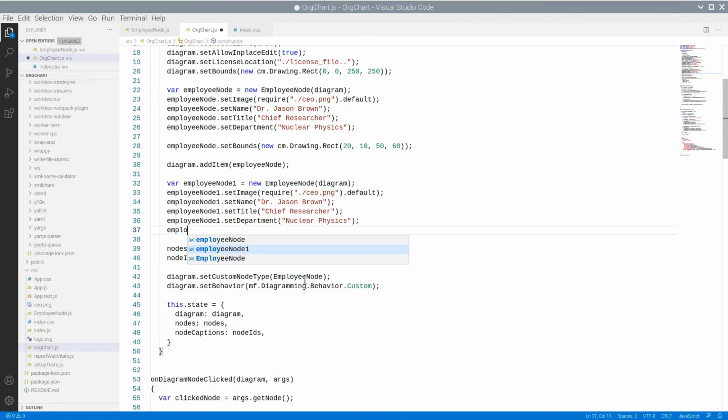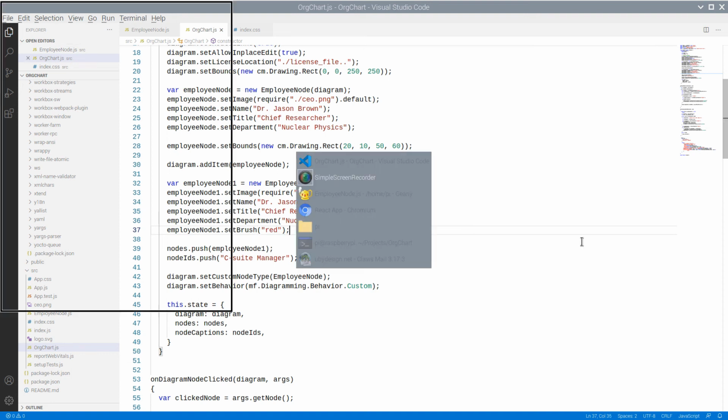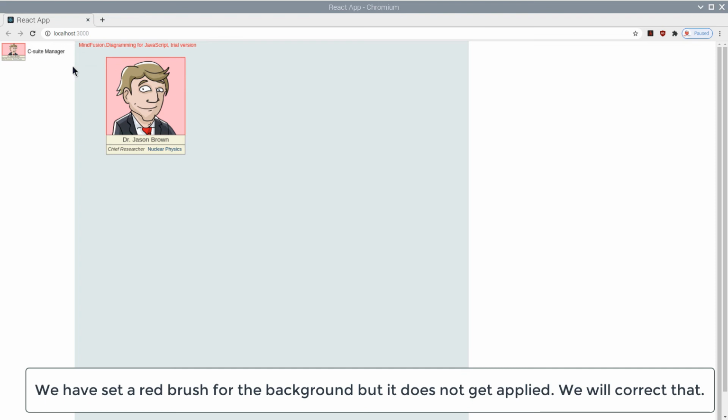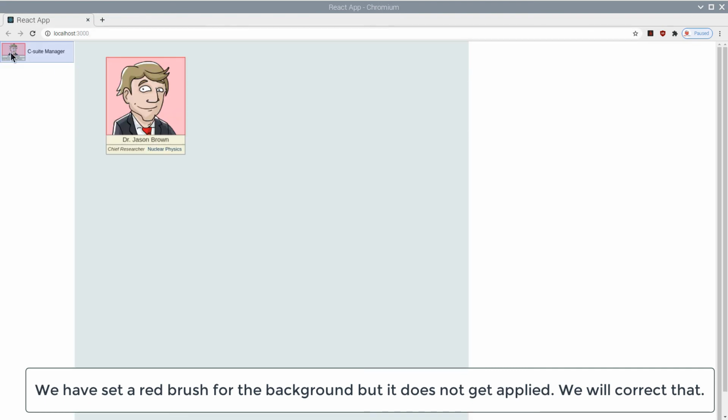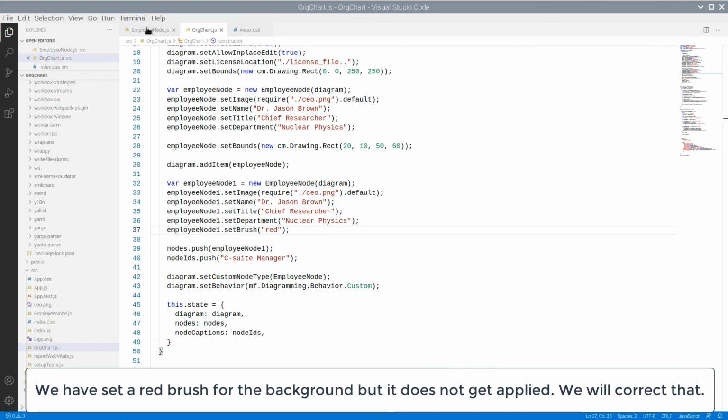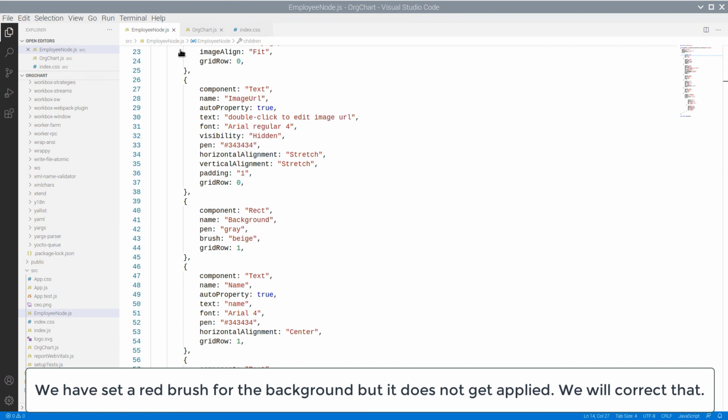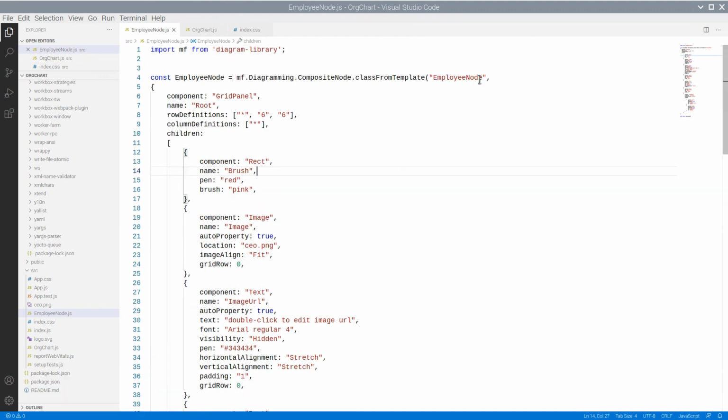The last thing we want to do is make the brush background be applied to newly created nodes. If we use set brush as we did before with the other properties, the brush will not be copied on the newly created nodes. We need to do some work to have this done. This is advanced technique, but you can use the code as it is.